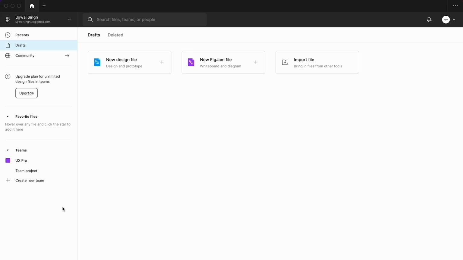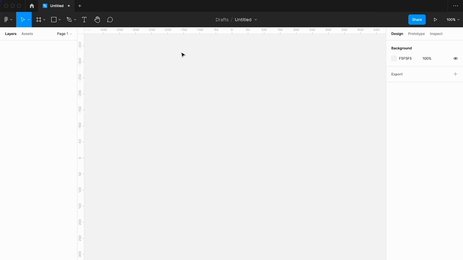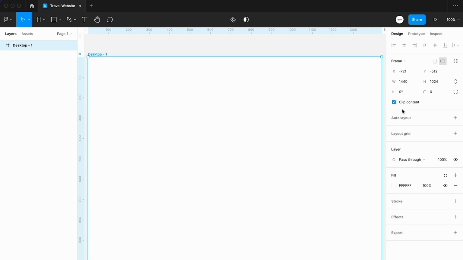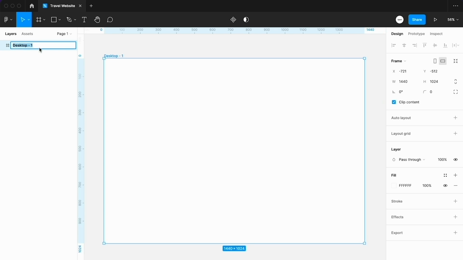Hi there, welcome back. In this lecture, we will create the very first page of our website, that is home page. For that, I will click here and create a new design file and rename this file travel website. Basically, this homepage consists of nav menu with logo and search bar. For creating the homepage, we will take the frame of size desktop and rename this frame